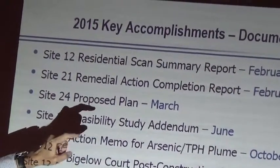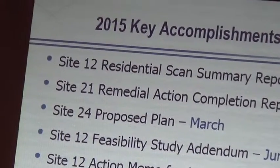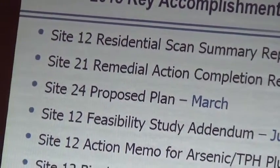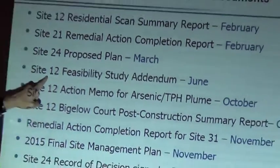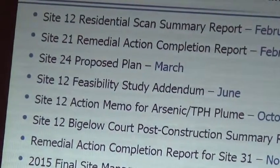Site 24 is our major groundwater site. And in March, if you remember, we had a proposed plan meeting, and a number of you in the audience and on the board were there for that. Site 12, we did a feasibility study addendum in June. That was, two presentations were dedicated to that